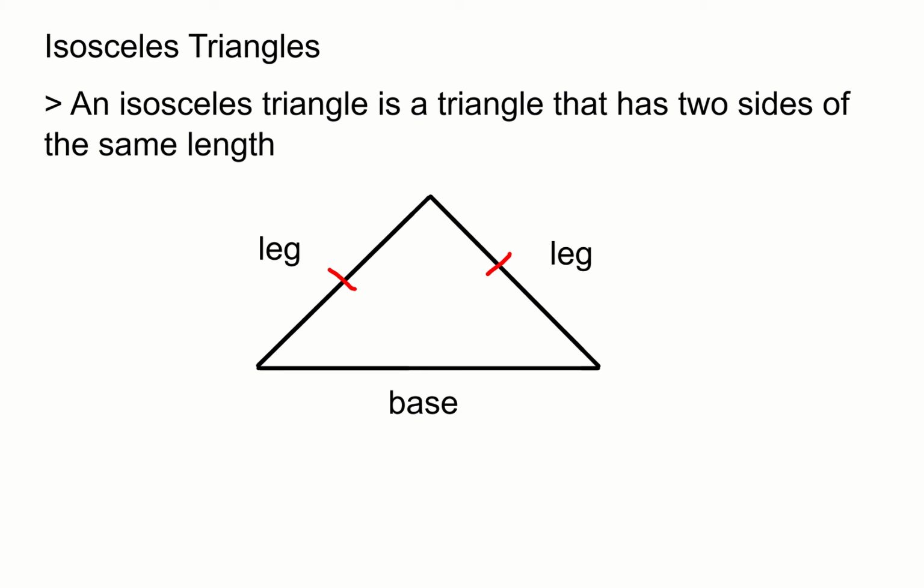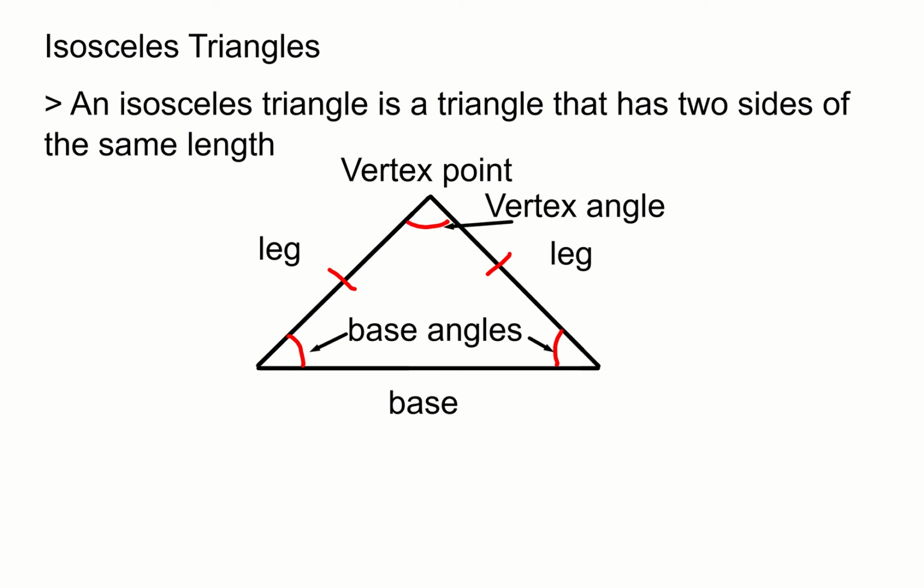So essentially, the base of a triangle is the part of the triangle in which when you extend from the base to the vertex, which is the other corner, that becomes the altitude. Okay, and then the base angles are the angles that are formed at the base of the triangle. So as we said, the base of a triangle is such that if you were to draw a line to the opposite corner, which we call a vertex,